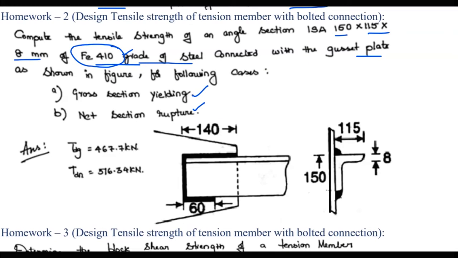Okay, so this is the case. The connection is of weld. This is a weld connection. And take care of the length of the weld and calculate them. Of course, the length of the weld will not be influencing any of these values here. So this is a welded connection.